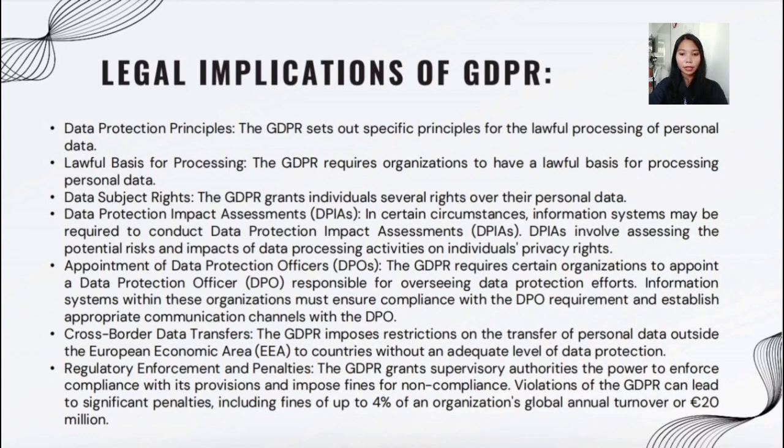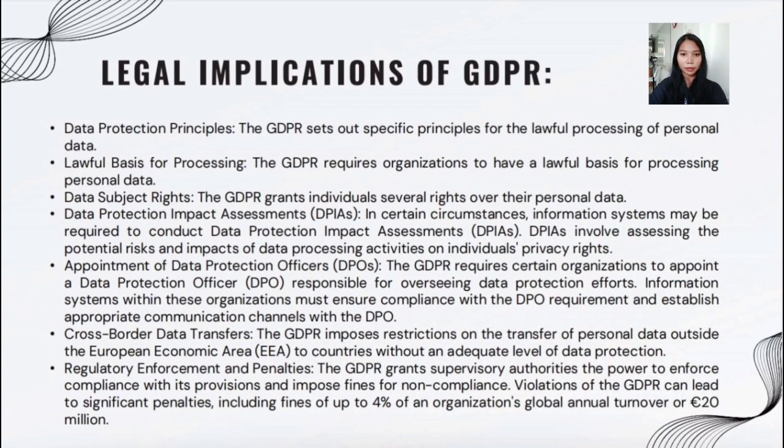In summary, the GDPR carries legal implications for information systems, encompassing data protection principles, lawful basis for processing, data subject rights, data breach notification, DPIAs, appointment of DPOs, cross-border data transfers, and regulatory enforcement. Organizations must ensure that their information systems align with the GDPR's legal requirements to protect individuals' privacy rights and avoid